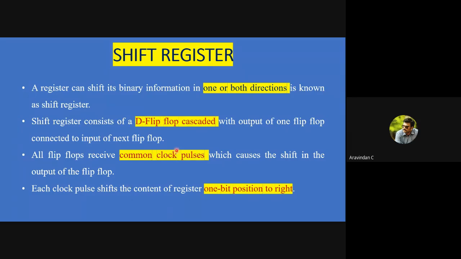So a shift register is nothing but where we have a transmission of binary information either in one direction or in both directions. If I take an example like a walkie-talkie, it's a two-way communication, but only one at a time can transfer data. Either the sender can transfer data or the receiver can transfer data, but only one at a time. Whereas on your telephone, your mobile phone, we have two-way communication. The speaker, the sender, can also transfer data. Similarly, the receiver can also transfer data.